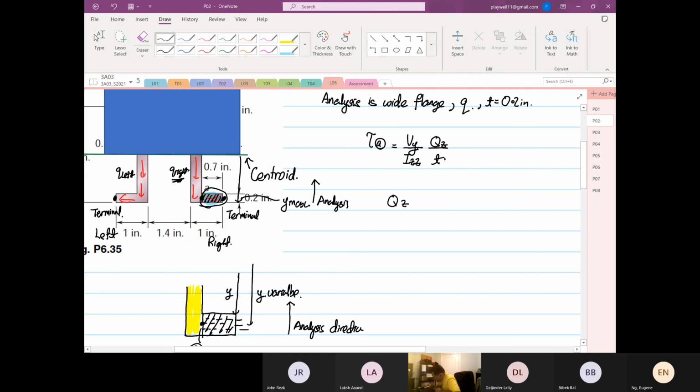Qz, again, we use width multiplied by depth multiplied by y bar. The width is equal to 0.7, the depth is equal to 0.2, and the y bar is 1.5 minus 0.2 divided by 2. So 1.5 minus 0.1, times 0.7, times 0.2, is equal to 0.196 inches cubed. So the shear stress at point A is equal to Vy